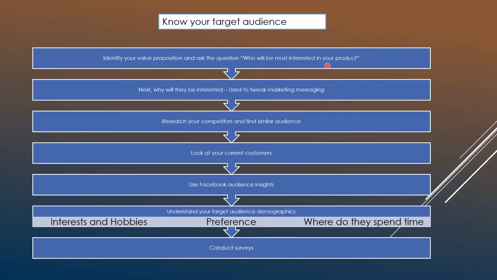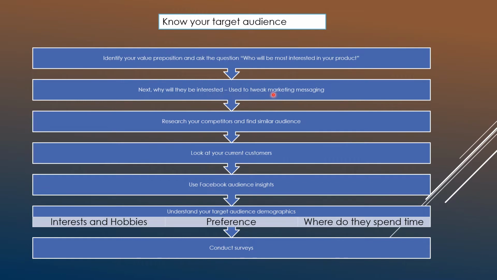Now, for the product that I mentioned, that is an ultraviolet sanitizing phone charging device, the audience can be anyone, because again, there's a pandemic going on, or let's say you're watching this video after the pandemic is over, hopefully the product is still applicable. So you know the value proposition, you know the audience, and that's how you can figure out that unique selling factor. The next thing is, why will they be interested? That is, why will your audience be interested?